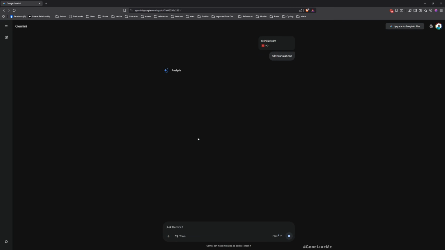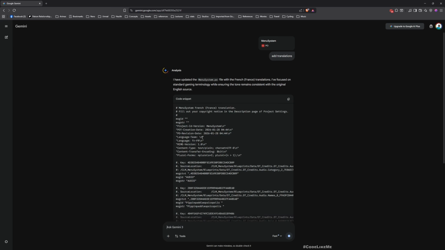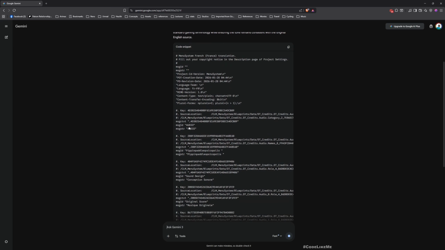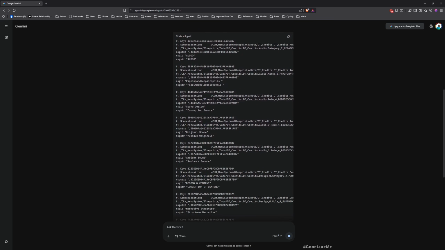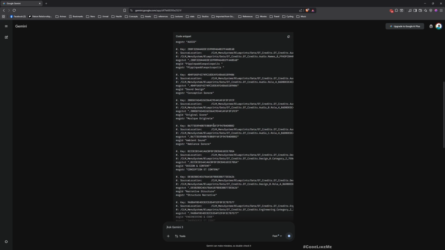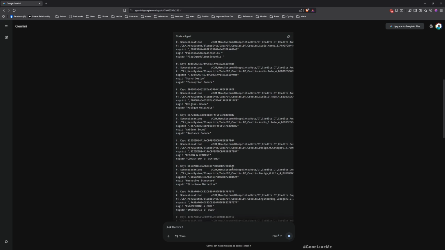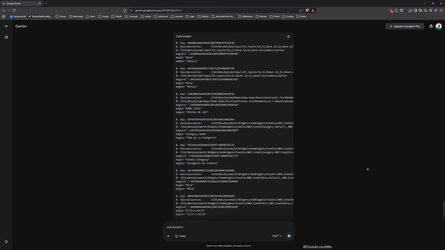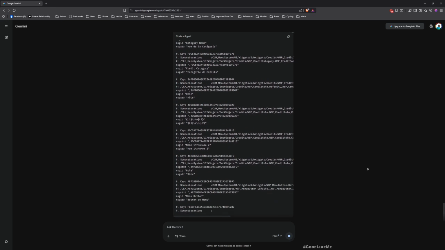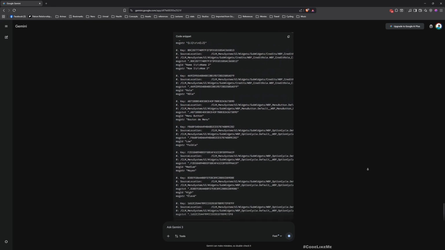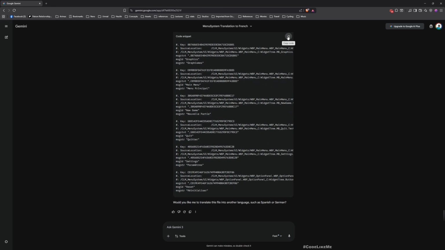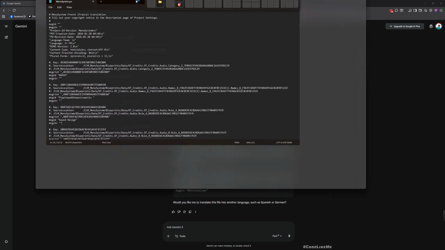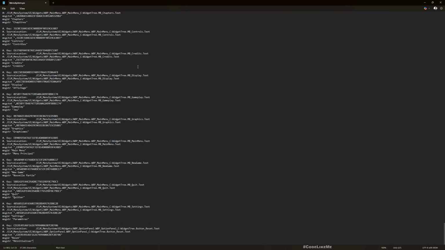Okay, now it is adding translations. You can already see audio, I think it's the same. Design concept. Okay. I don't really know French. I hope this is correct. So still doing the translation. Let's give it a second. Okay, now I'll copy this and open the PO file in a text editor, paste,